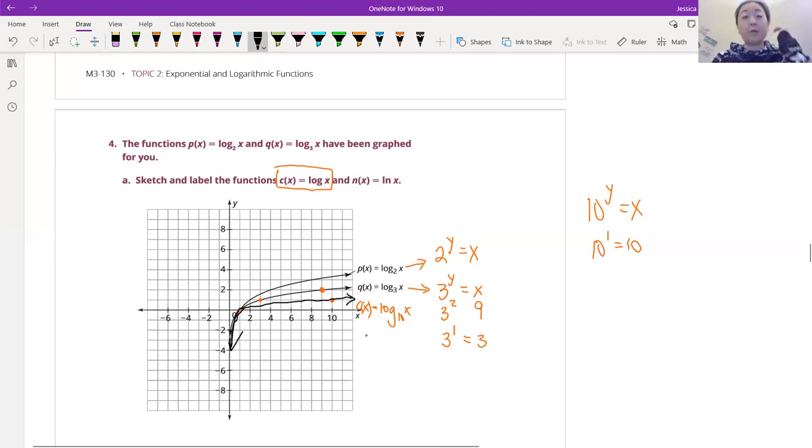Okay, and then what about the natural log of x? What is that going to look like? Where's that going to be? Remember what the natural log is. Remember the natural log of x is equal to log base what? Log base e of x, right? And what is e? Do you remember the numbers? Anybody write it in the chat? All right, remember that's